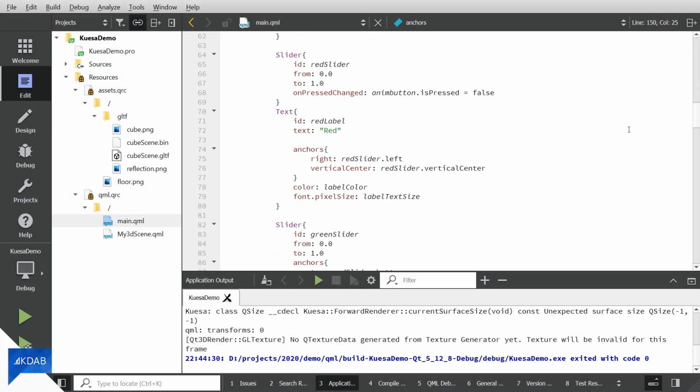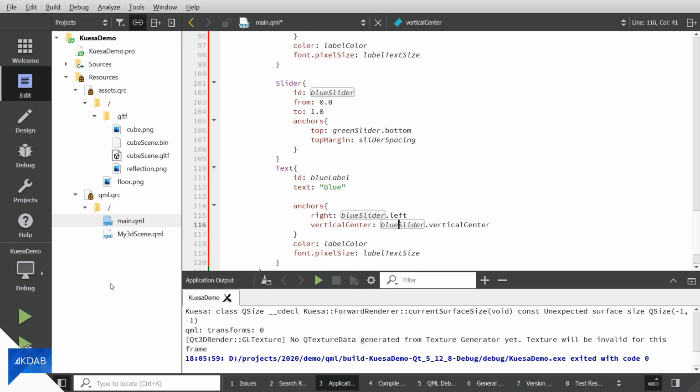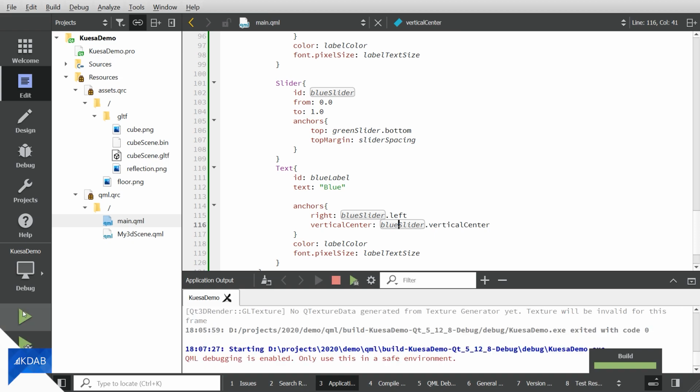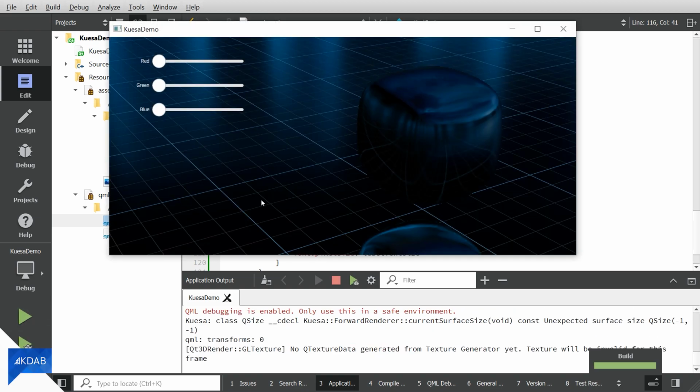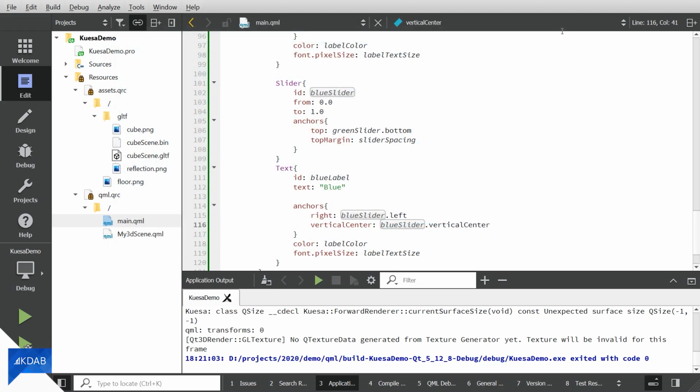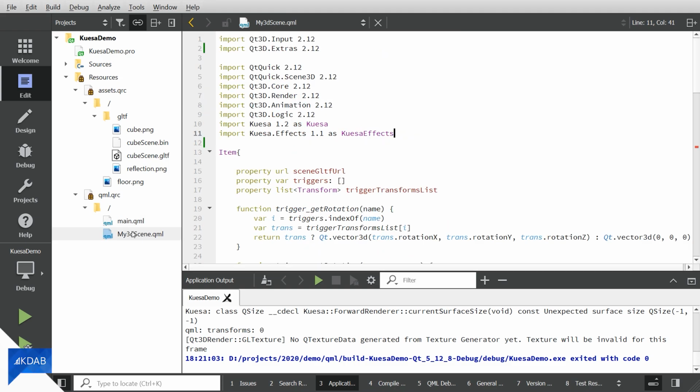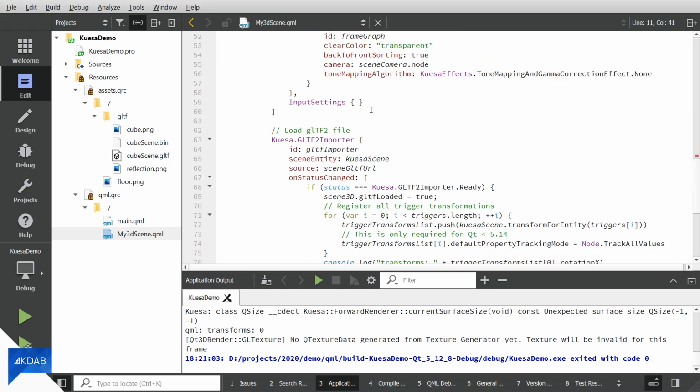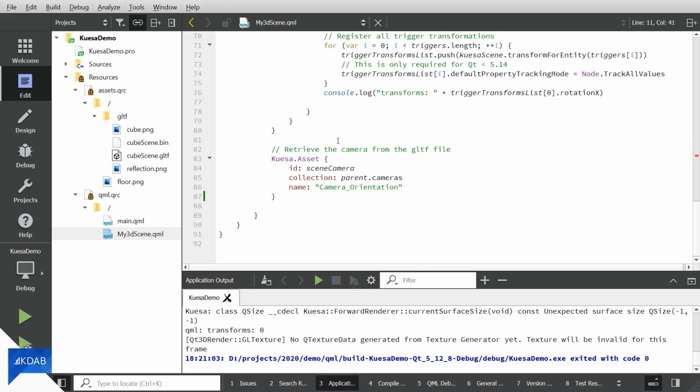I've added in some sliders to the window. We can see the three sliders on the screen, but they don't do anything. Let's add in this functionality. The boilerplate code that I was given needs to be tweaked so we can change the color of the materials on the cube and the reflection.